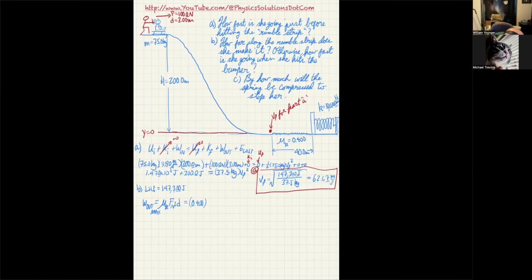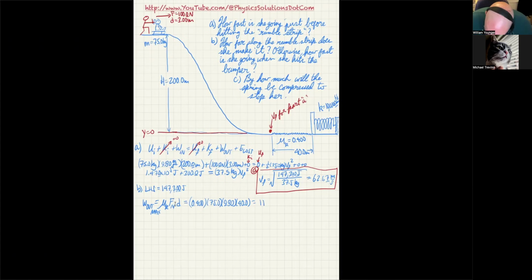In other words, the max amount we can get out is going to be 0.400. The kinetic coefficient of friction, like the static coefficient of friction, has no units. The normal force is m times g, so that's 75.0. I told you I wouldn't use any more units, so I'm going to ditch them. And times 9.80. So that's my mu times mg. And then I'm going to check that versus 40.0 meters. So 0.4 times 75 times 9.8 times 40. And in this case, it gives me